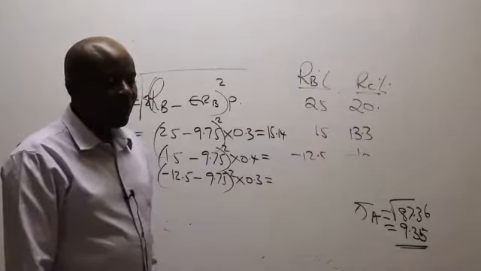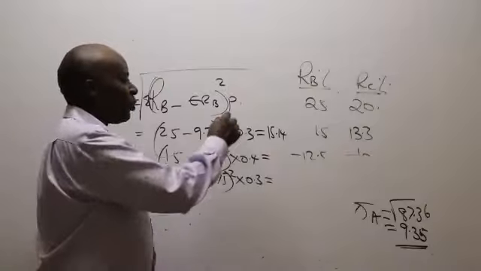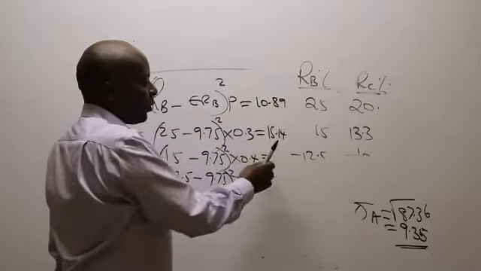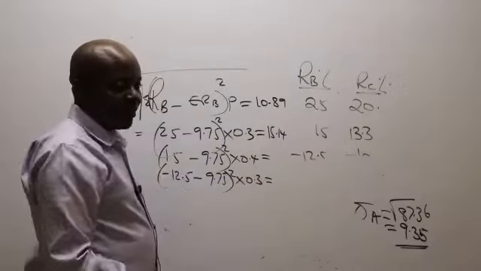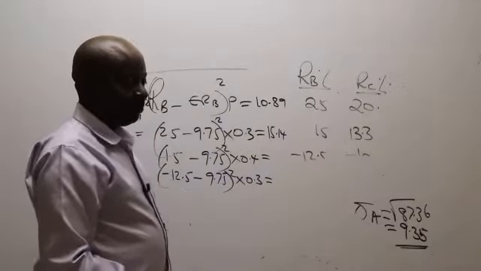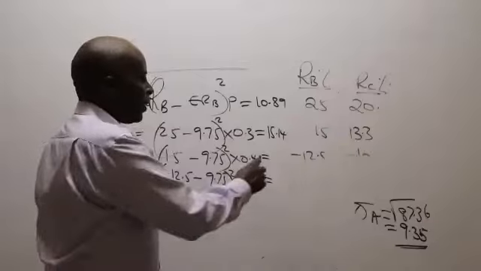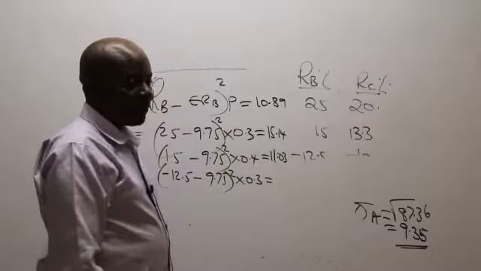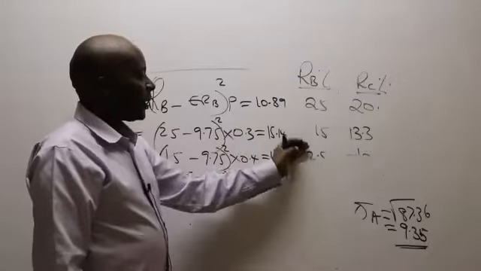Silvanus has the standard deviation of B as 10.89. Silvanus, can you kindly give me these other figures? 11.03. The last one. The last figure,